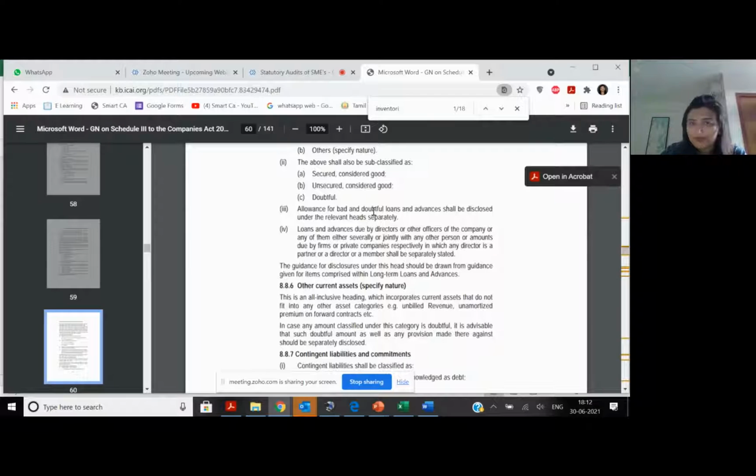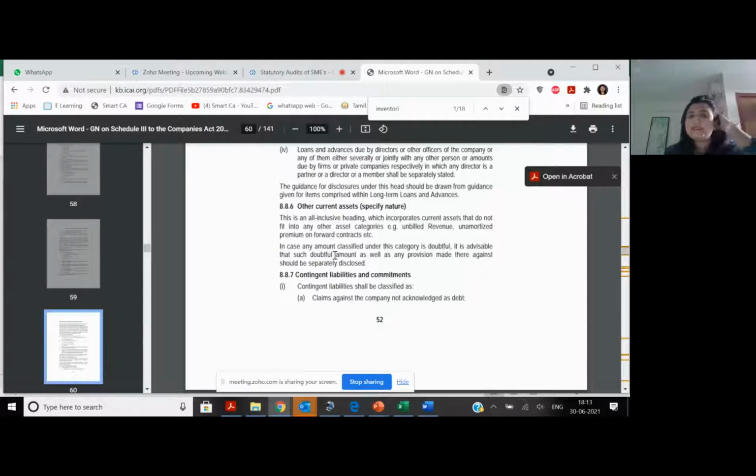If there is a due by a director, then there has to be a corresponding assessment of the impact on your CLAR, which is a separate standard on compliance with applicable laws and regulations, and Companies Act 185. See, especially if it's a huge violation, I think you should take due cognizance.